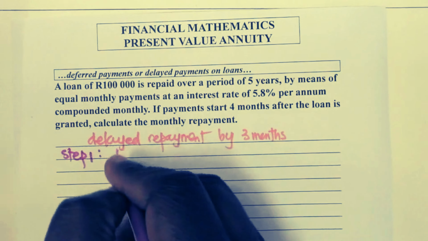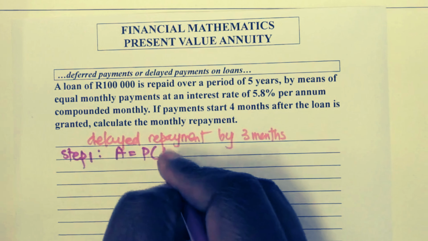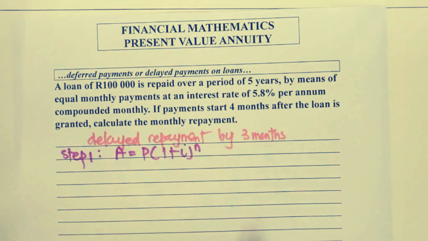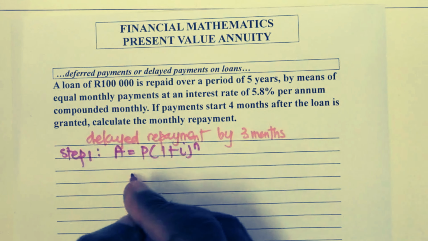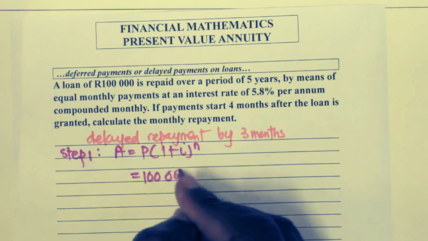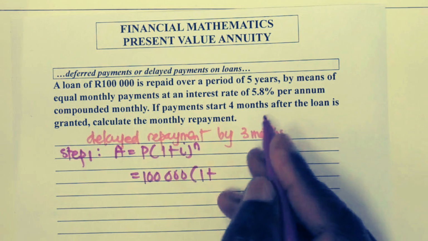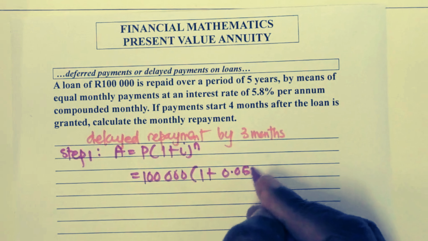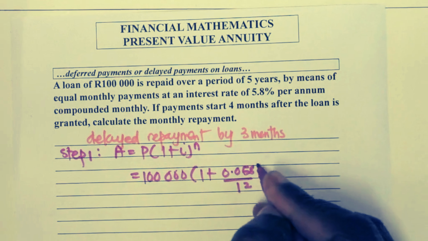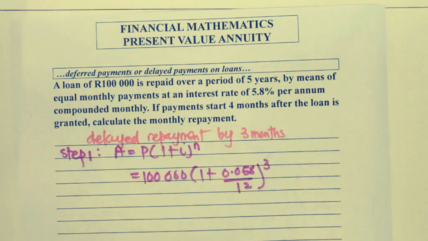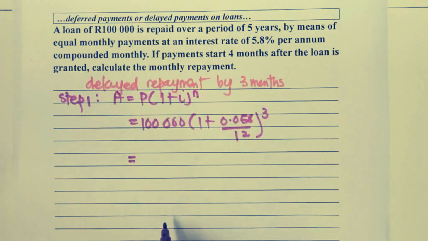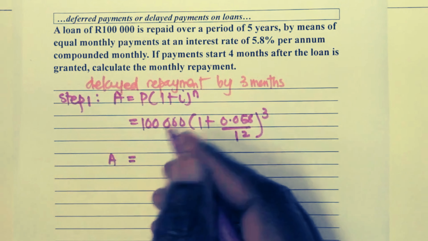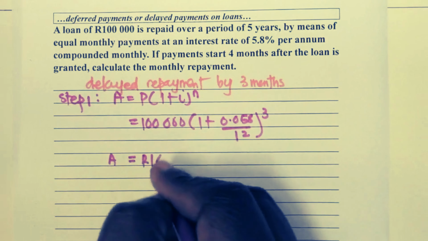I'll begin here by writing down the formula, and then I'm going to do my substitutions. Compounded monthly, and it was delayed by 3 months. And my new loan amount is going to be